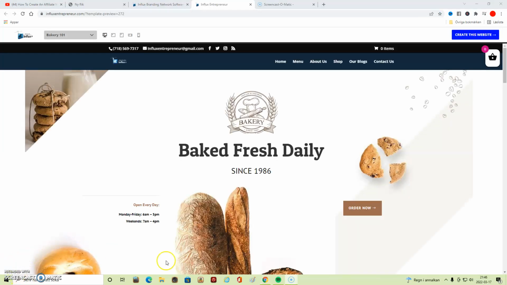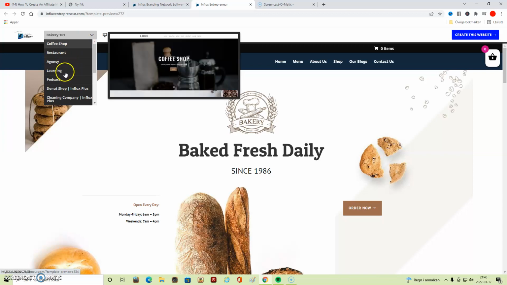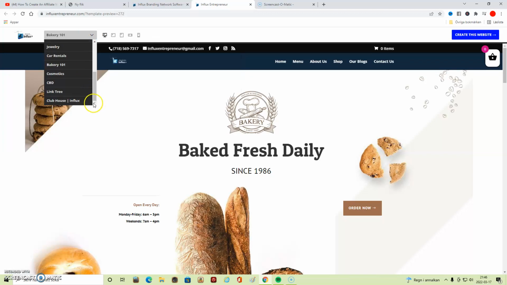So here with the drop down menu up here, you can choose from different themes with already created websites. Go down here a bit. Let's say we want to have the learning.